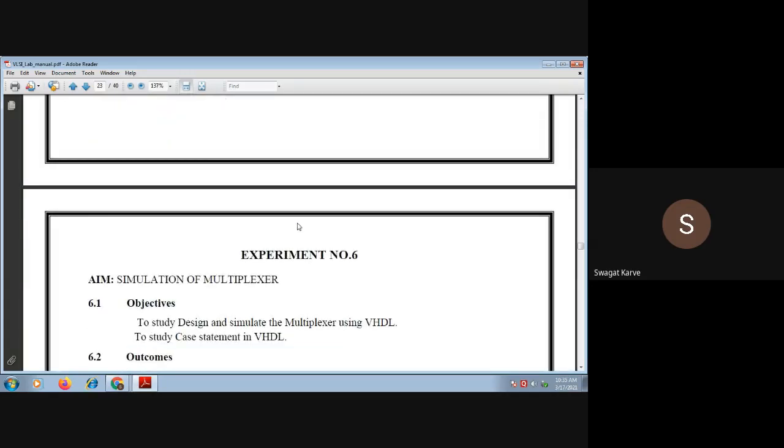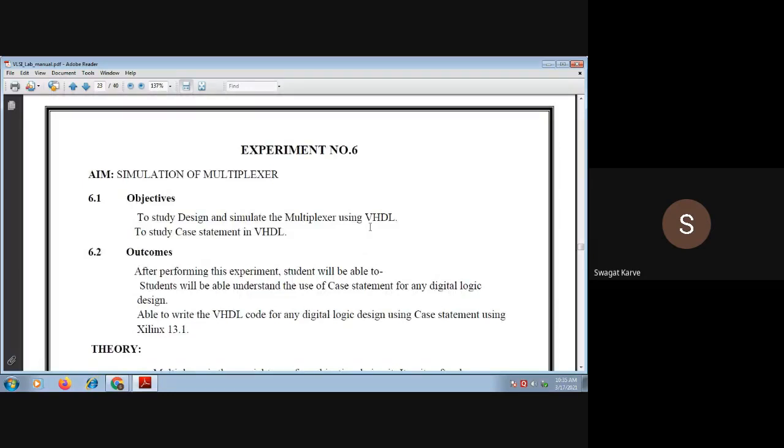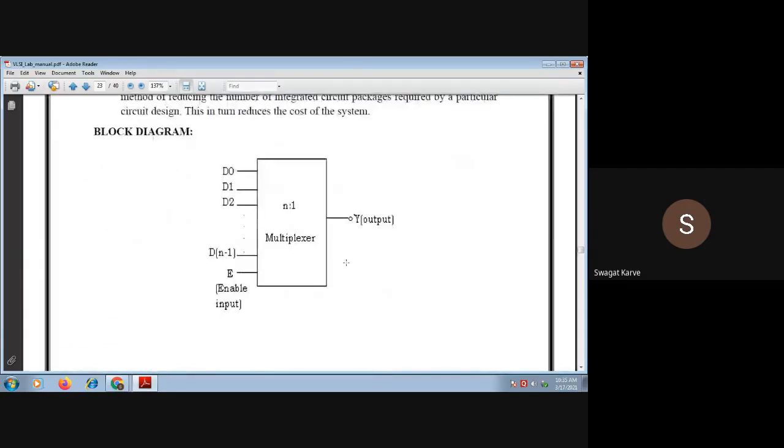Okay. Now, the next part is the multiplexer. What do you mean by multiplexer? Many to one, right?